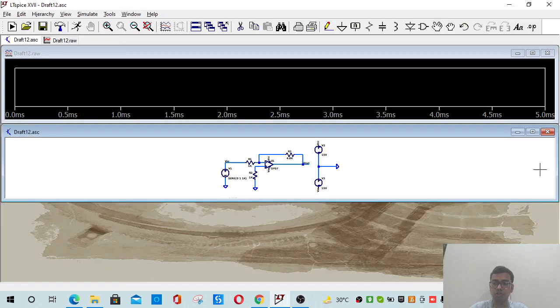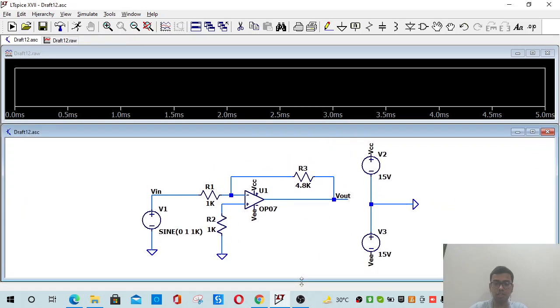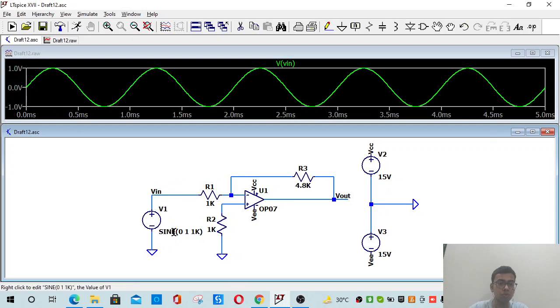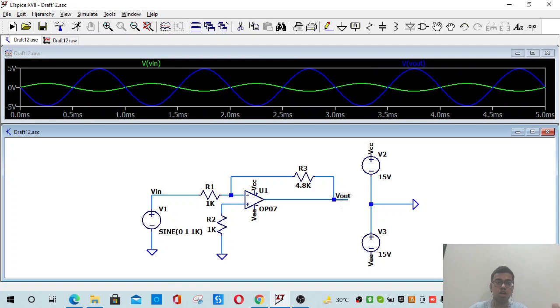So there was this similar circuit I made earlier. Now we'll be simulating on this. Here we go. We had mentioned 1 volt peak, so this will be 2 volts peak to peak. Now we have our input wave with us. Now we'll go for our output. What you see is that whatever input we have given, the output is exactly 180 degrees out of phase. So this is what our inverting amplifier does.